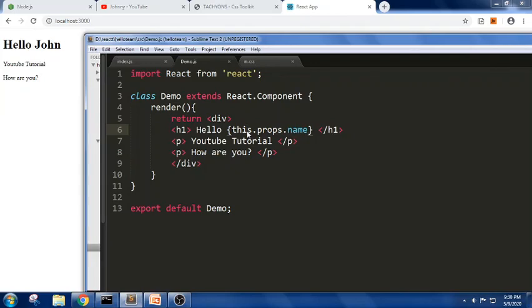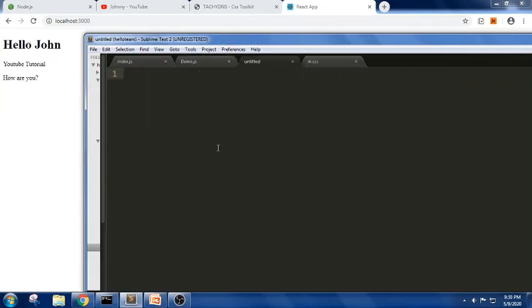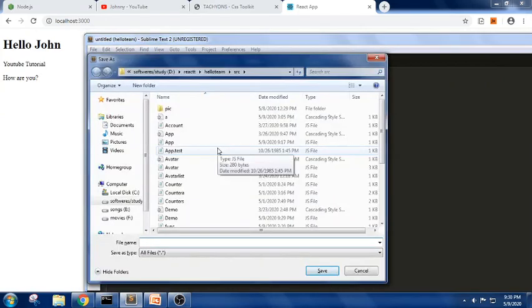Props are generally passed to components in the form of function parameters. These are immutable. It means we cannot update, modify or change them. In functional components we can just use props.name, but for the class component we should use this.props. Now let us define a functional component. We have defined a class component. Now let us define a function component. Let me write a function component now.